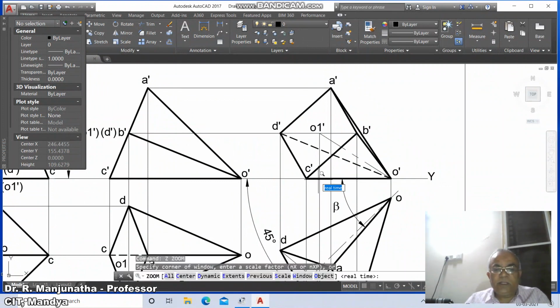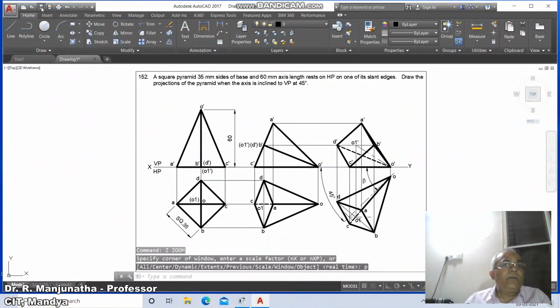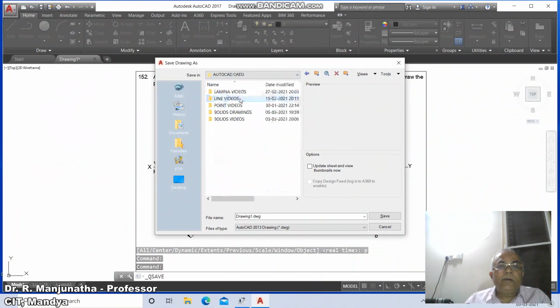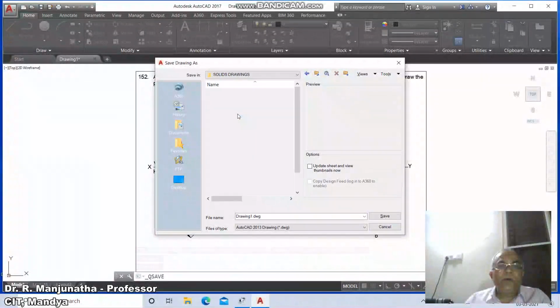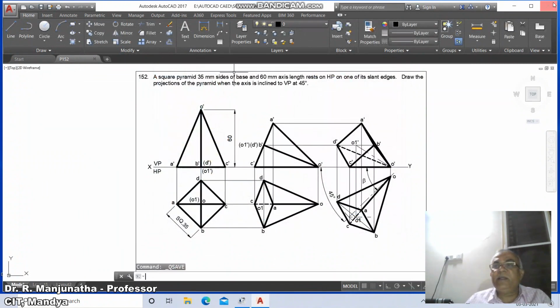And once you do that, then go to zoom previous, then save it to the appropriate drive, go to AutoCAD, Solids Drawings, and type P152 and save it. And finally, you